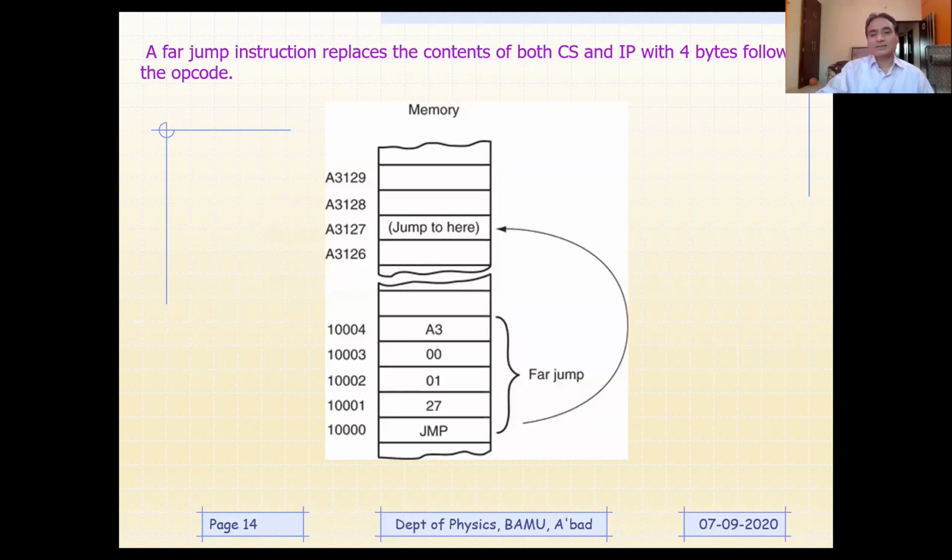You can see this is the example we have quoted here. You can see this is one particular segment. यहाँ पर ये जो ब्रेक किया गया ना, इसका मतलब ये कि ये दूसरा सेगमेंट है. आप उसका प्रीफिक्स देखिए. This is one segment जिसका प्रीफिक्स क्या है, 1 है, right? Whereas this is another segment, उसका प्रीफिक्स A है, right? So this far jump will allow you to jump in that segment, and you can see here a 5-byte jump. Okay, there would be opcode 1 byte, then second byte, third byte, fourth byte, and fifth byte. So like that, this is the 5-byte instruction, which is called an inter-segment jump instruction.